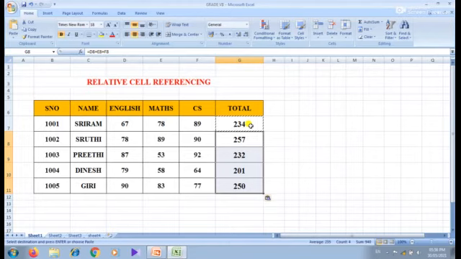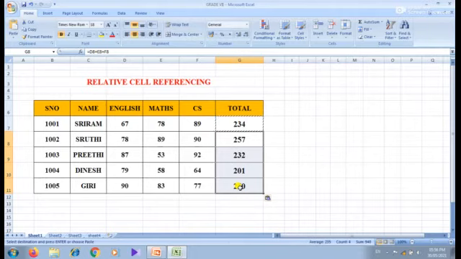So what happened here? We copied the formula to other cells. When we do this, we will notice that the cell references automatically adjust to refer to the corresponding row.